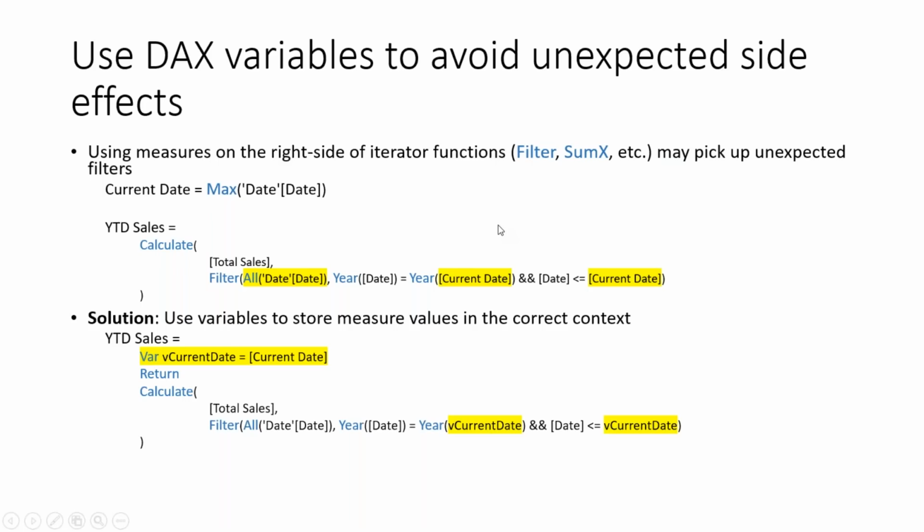Okay, so one of the powerful features of DAX is you can define many different measures, and they build on top of each other, right? So here is a very common example. Some people say, I want to define a measure just to get the current date. There are different ways to do it. By the way, this current date is a measure in this example, and I want to get the currently selected date. Some people use a min, some people use a max, and in this example, we use a max of the date column to get the currently selected date, and then